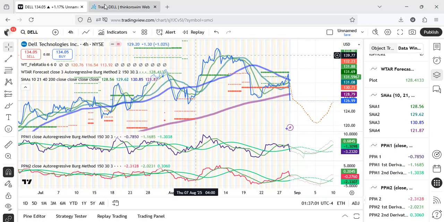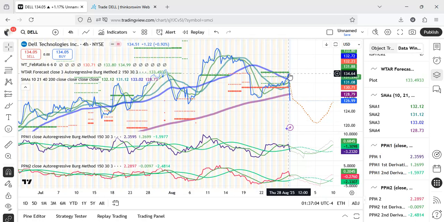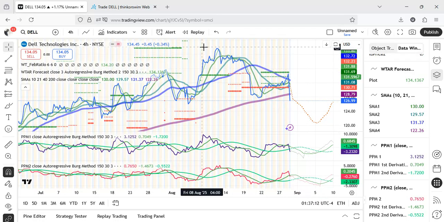So in terms of probabilities, let's see for it to retest 140.55. Over here is where the moving averages are. If the moving average is greater than your target, then you have a probability of 50% or greater that the moving average will be retested.